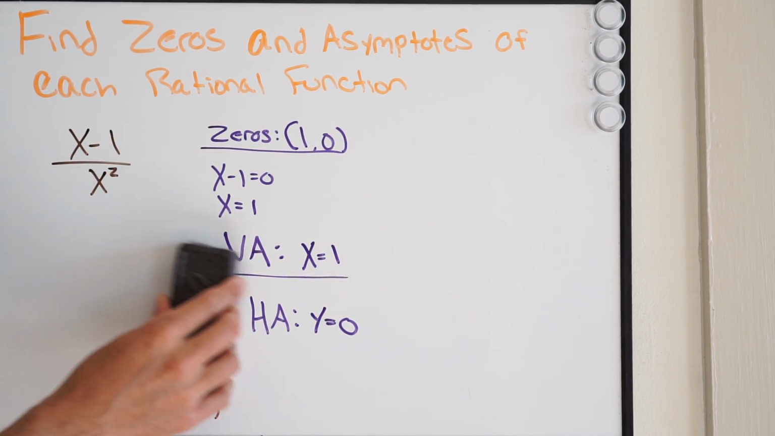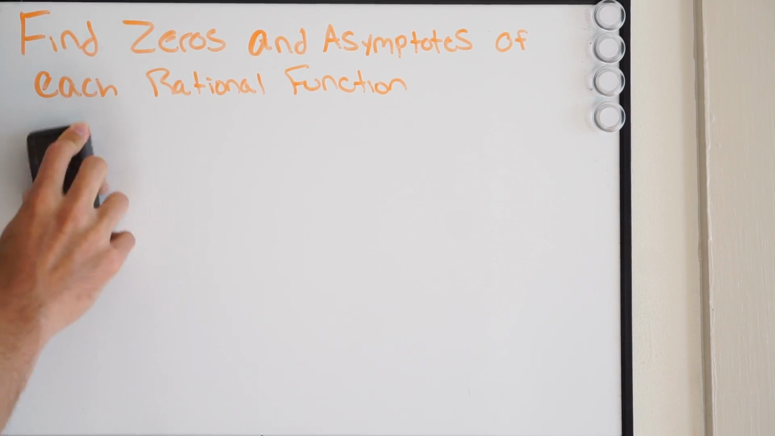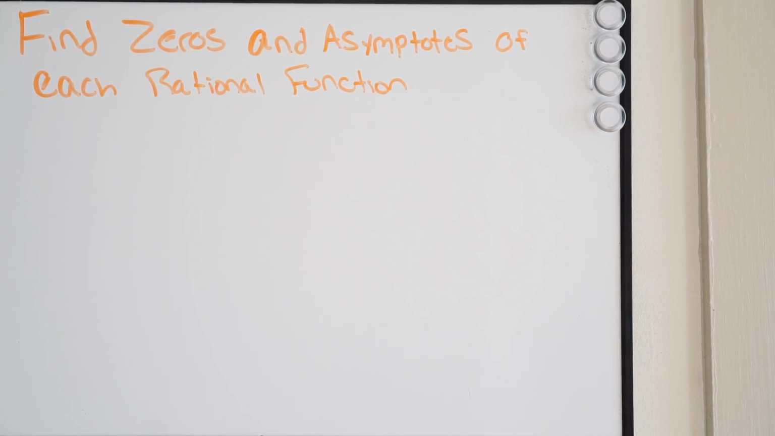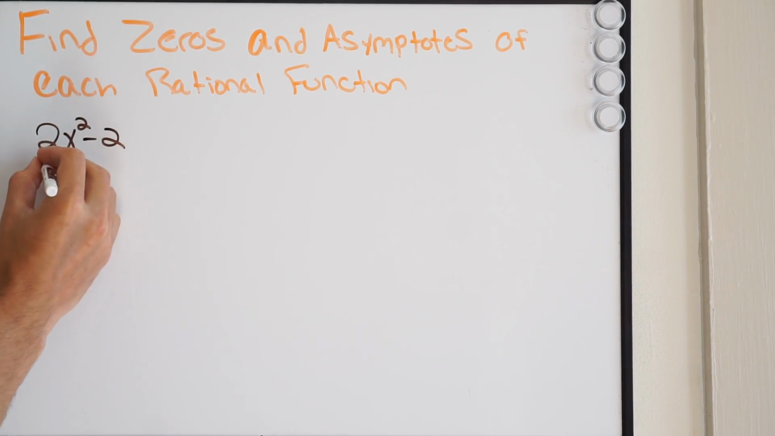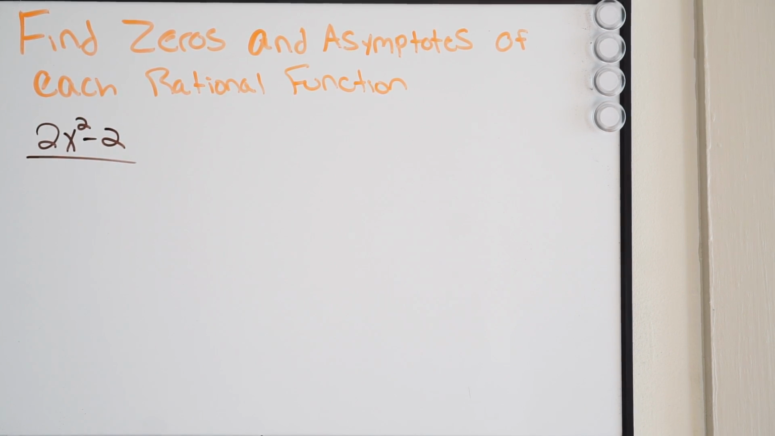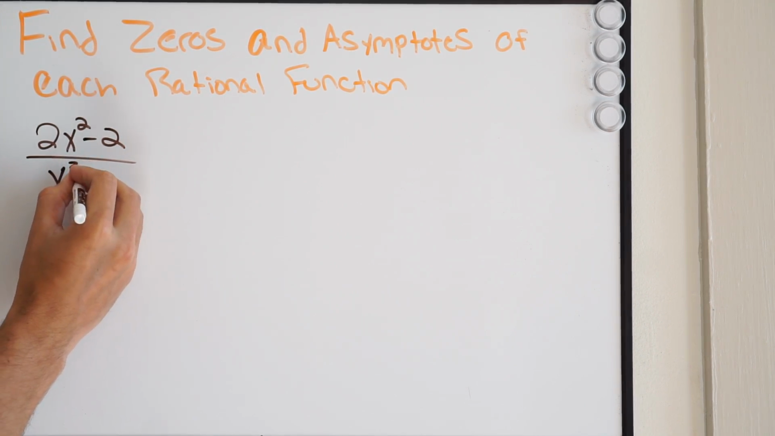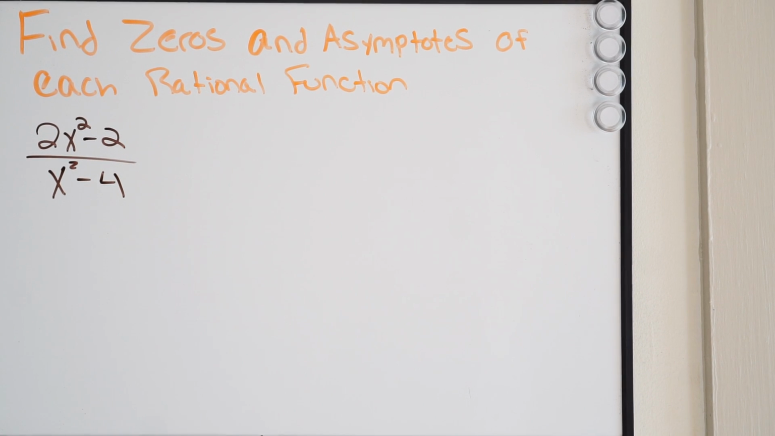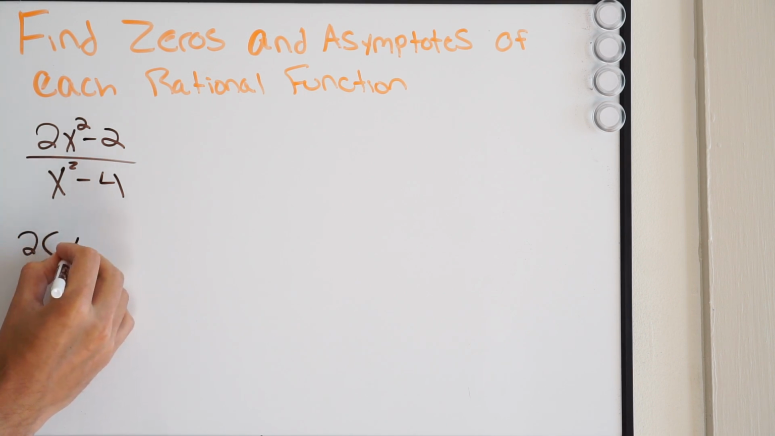Let's do one more example. So we have the following: 2x squared minus 2, okay, all over x squared minus 4. Okay, so first step, as always, when you're dealing with rational functions, can you factor the numerator and denominator? Well, it looks like we can here, right? In the numerator, I can pull out a greatest common factor of 2, so I can do 2, and then I'll have x squared